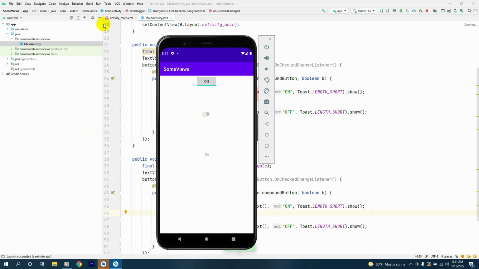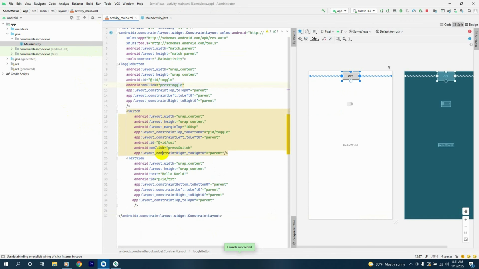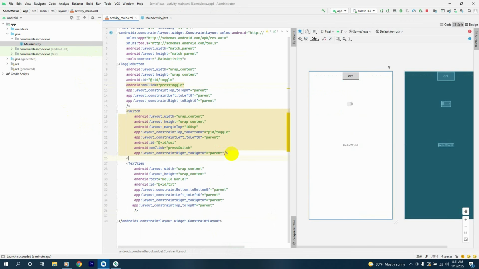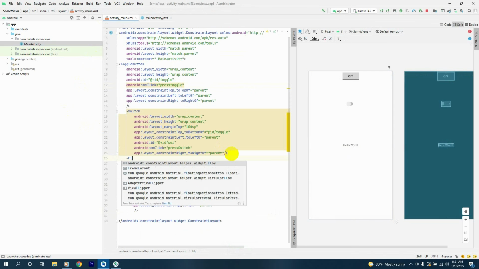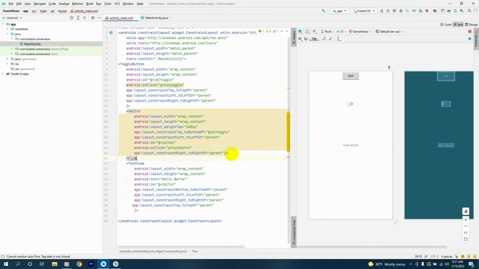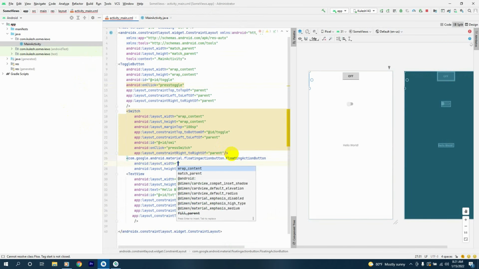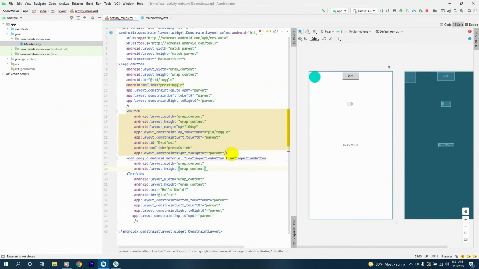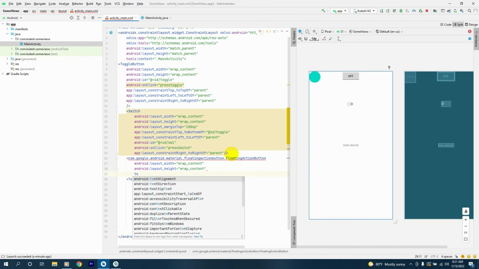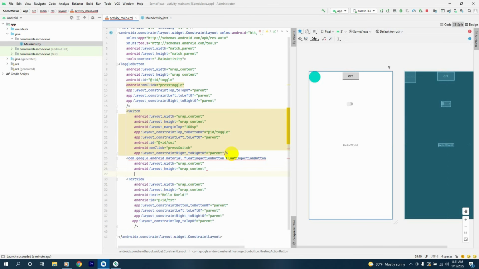Okay, now let's have a floating action button as well. We say floating action button, and it will be wrap content and wrap content, and the next thing it will have the text that says... we can't provide a text to it. We'll give it an ID of floating,